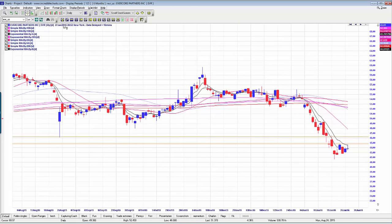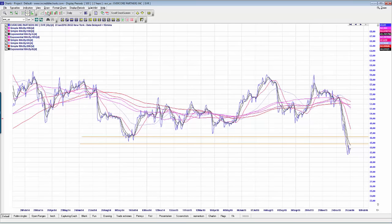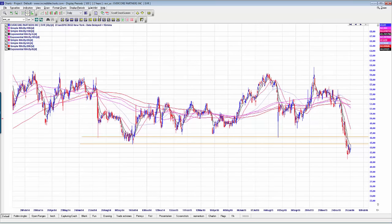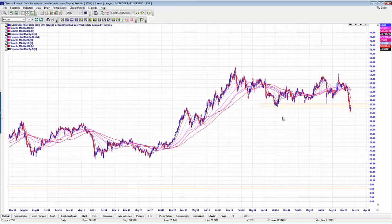EVR, Evercore Partners. BlackRock sold a bunch of this. They owned 10% of the stock, and they sold a bunch of it recently in January. And the main reason for this was that very strong support levels have been broken, both at 46, which was a high frequency buy level, and there was also support here at 45. That's been broken. And if you go back and see, there's quite a fair bit of potential room to drop after that shelf of supports